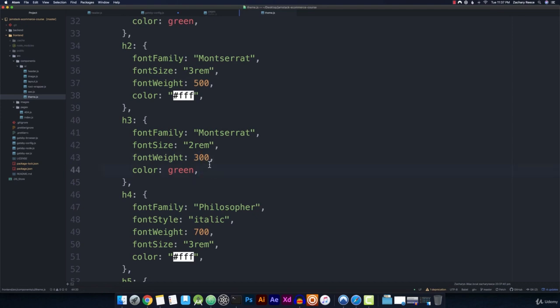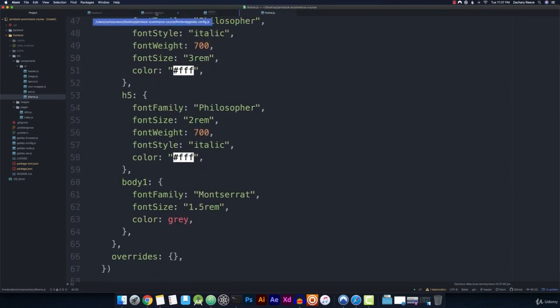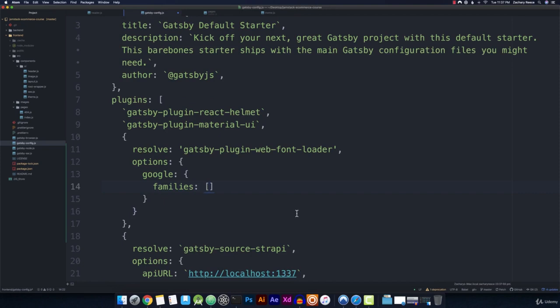Okay. I've gone ahead and checked all this already. So we can just flip on back and we'll go ahead and add the Philosopher font, and then a colon, and then I7, and then another colon, and Latin. Okay? And if you're using other languages in your own projects, that would be where you specify this, and you would do that just by adding a comma and then the other languages. Okay, but I'm just going to import Latin, and then make sure you go out of the single quote, and then go ahead and add the next one,